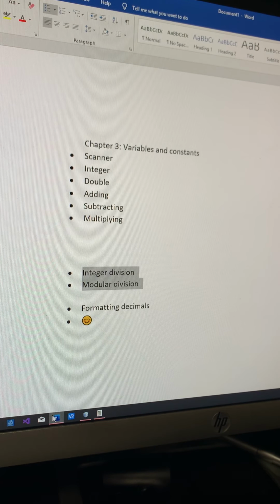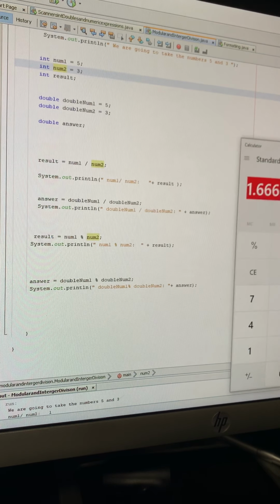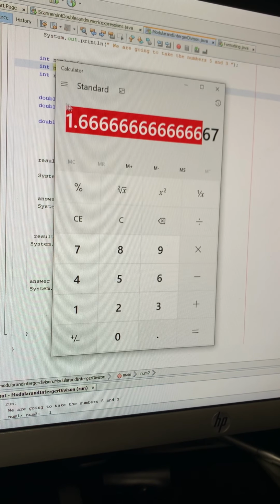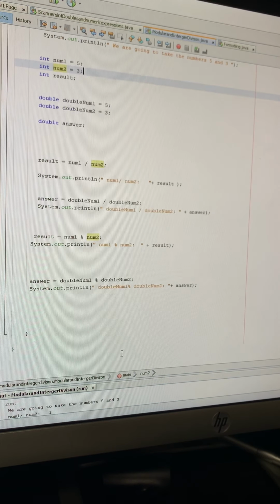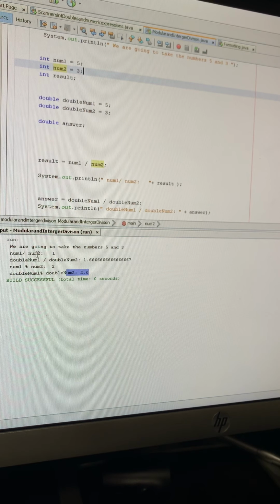Sorry about that. Let me just pull it up. So 5 divided by 3, pretty much. So we get 1.66667. Well, what do we remember about integers? They do not have any decimal places. So what happened here? When we went num1 divided by num2, we got 1 because it got rid of the